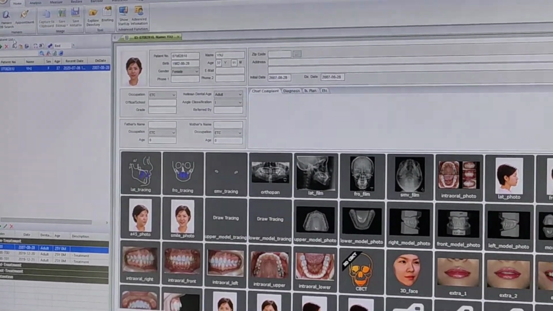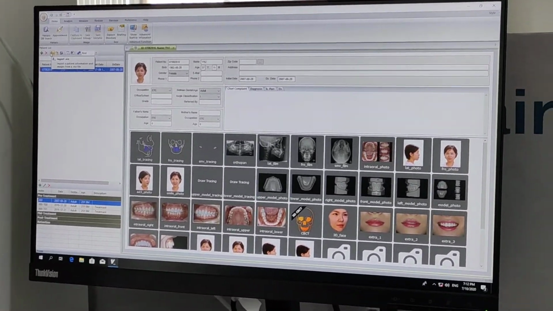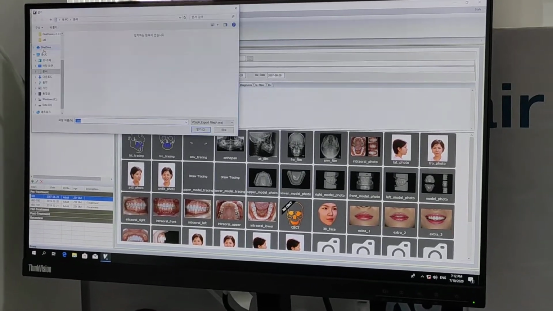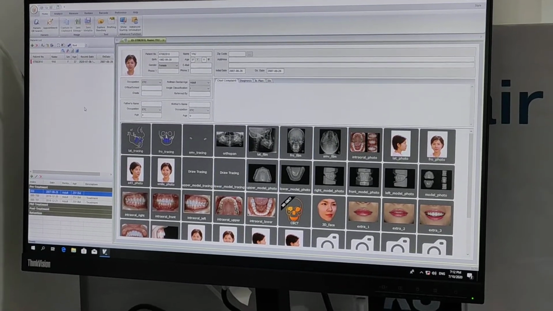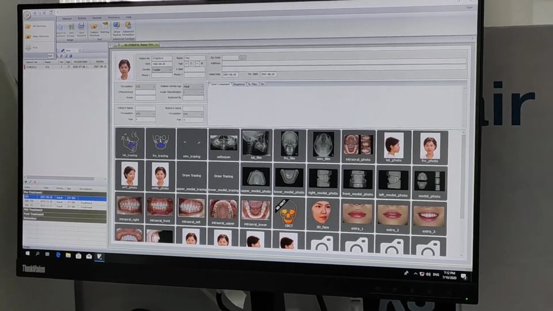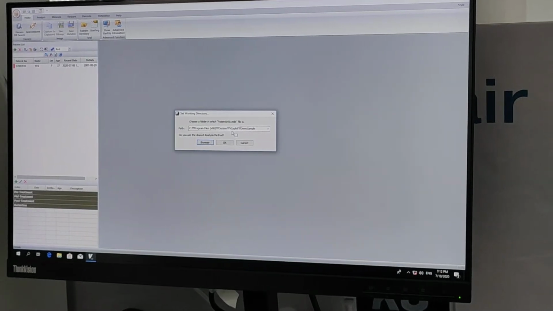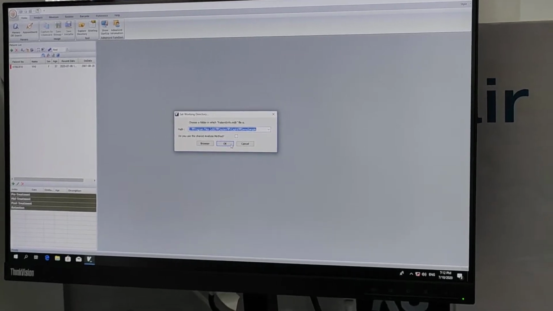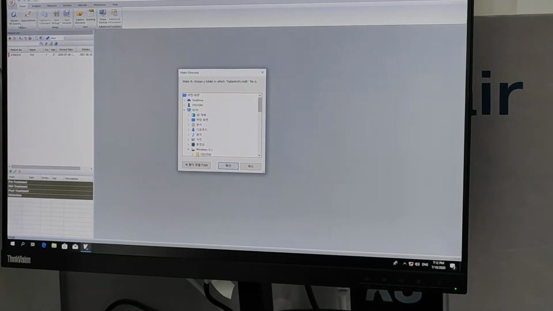Now the second most important thing which we want to look at for a particular patient in the VSEF software is that we have to choose the patient files. Before we do this choosing of the patient file, we have to set the path of the file. So you can just take over from here, that is set directory, and you can choose where you have stored all the lateral images of the patient.